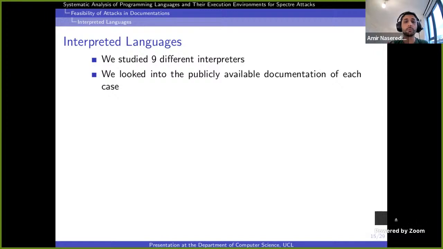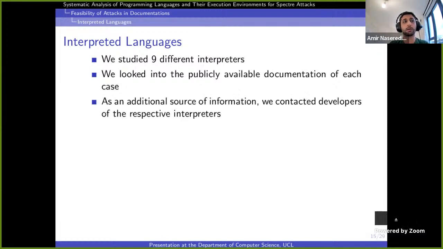We looked into the publicly available documents for each and every case, meaning whatever they have online based on their documentations, or if they've got any repositories. We gathered information in this phase, and for several interpreters, we were not able to find any information.